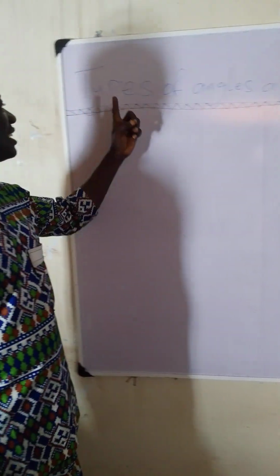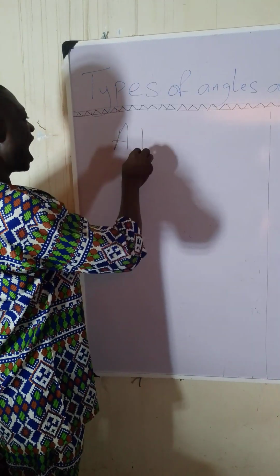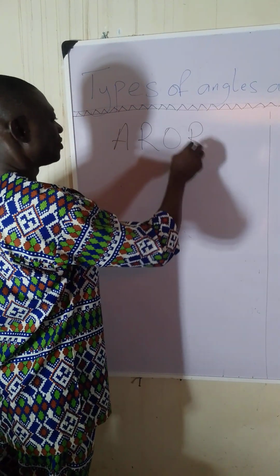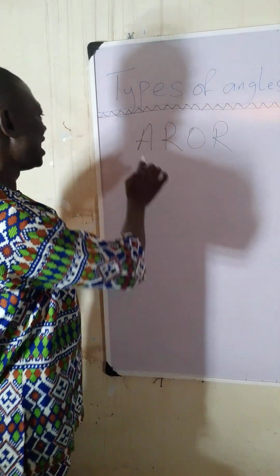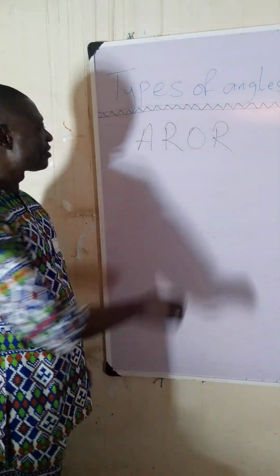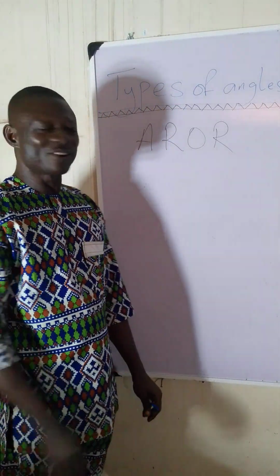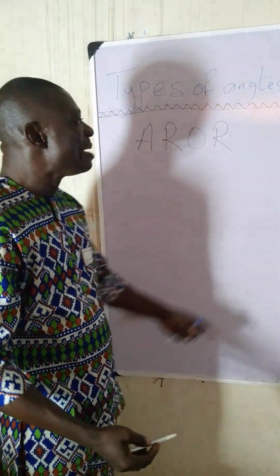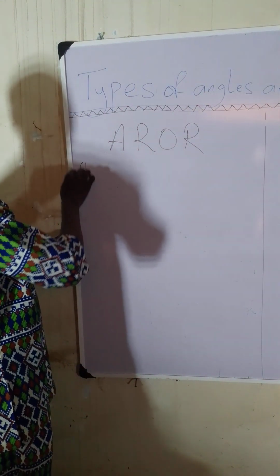Types of angles and triangles, part 2. We can use AROR, which we talked about in our part 1, where A is acute angle, R is right angle, O is obtuse angle, and R is reflex angle. To name triangles, for instance, in number 1,